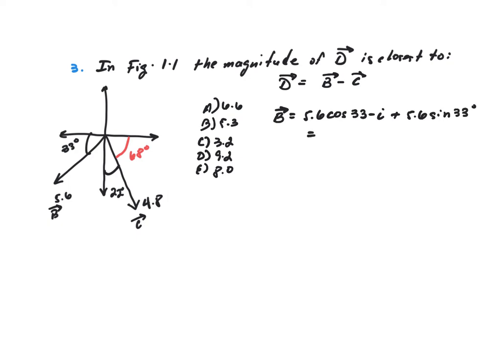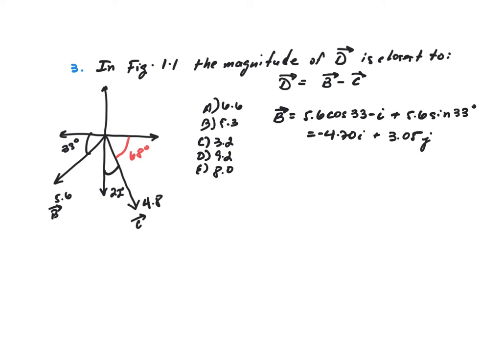This comes out to 5.6 cosine 33, 4.7, negative 4.7, plus 5.6 sine of 33, 3.05